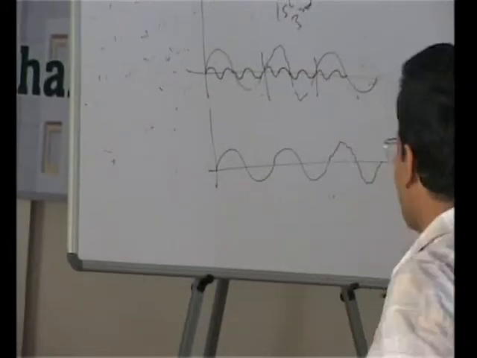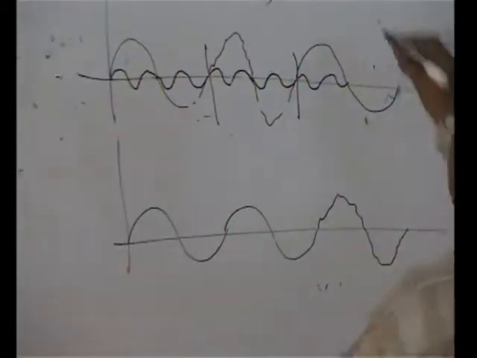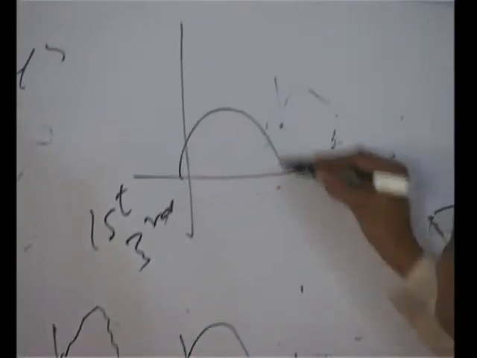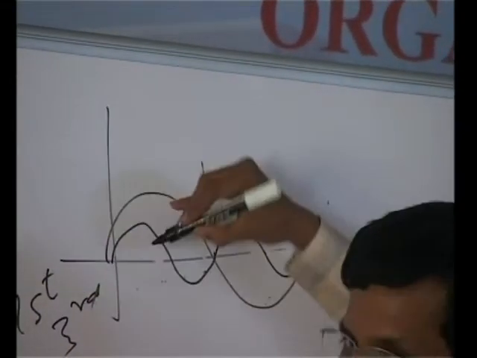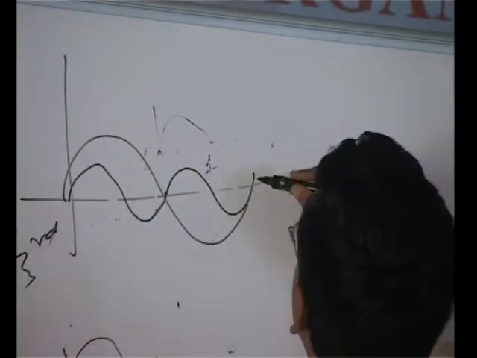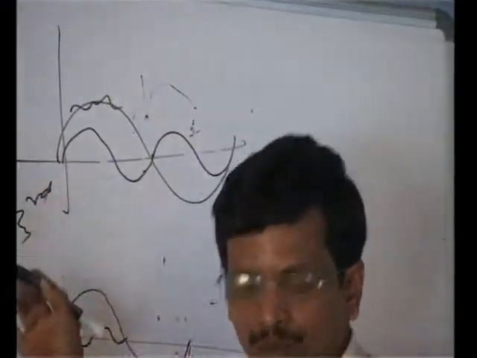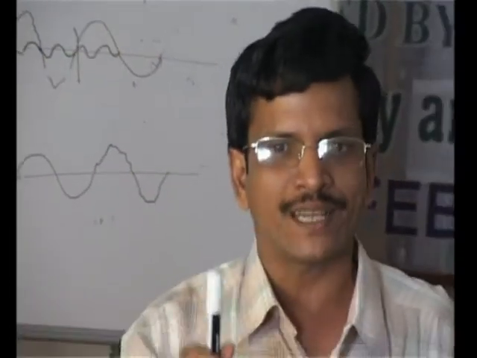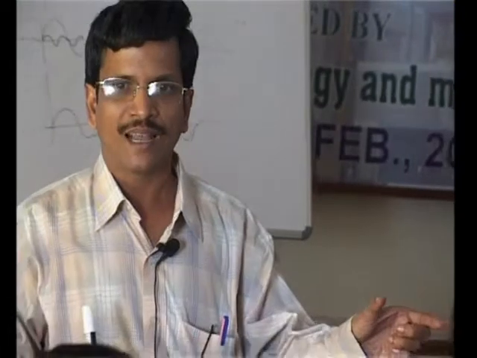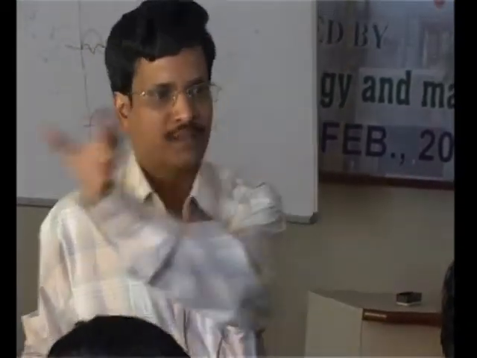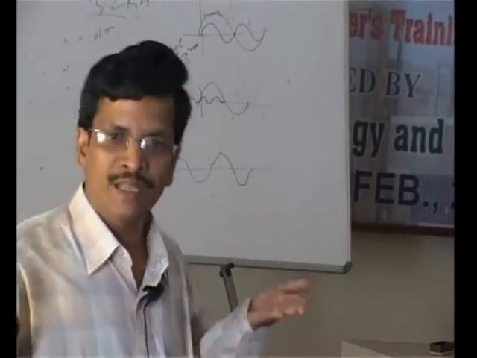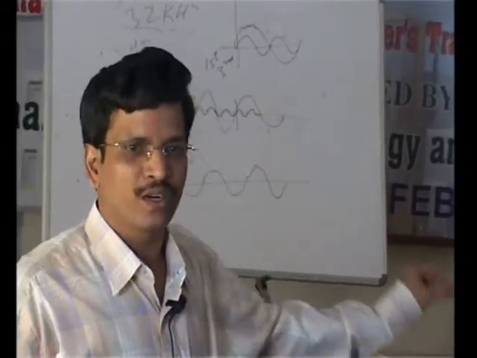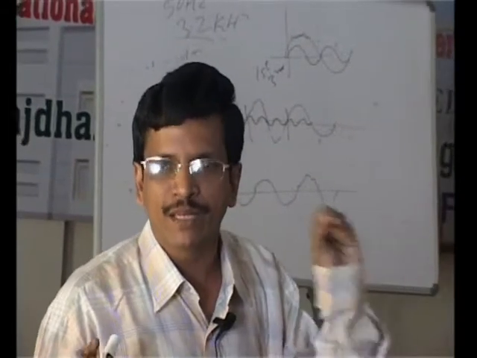Because I have already told you, now let us say you have a signal like this. If you are multiplying with the second harmonic, and you don't have any second harmonic, it will give you 0. But if you have a second harmonic during this cycle, you will get some value. So the question is whether your third harmonic is present during the second cycle, or the third cycle, or the first cycle, as long as the duration is fixed, you are getting the same FFT value. If you calculate the Fourier transform, you are getting the same information.